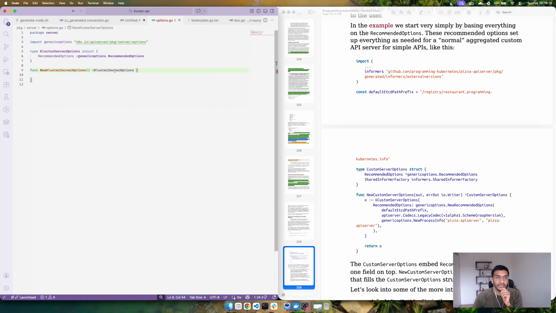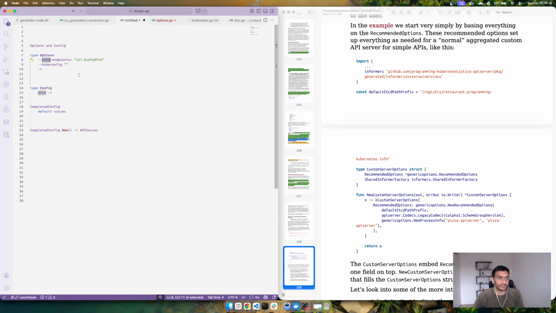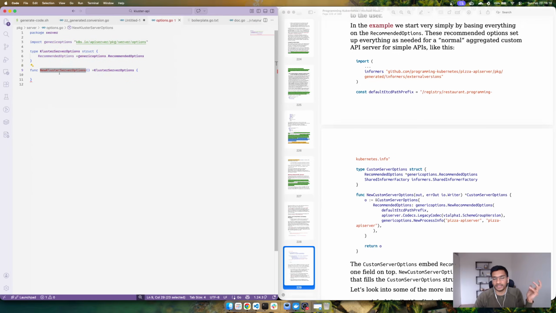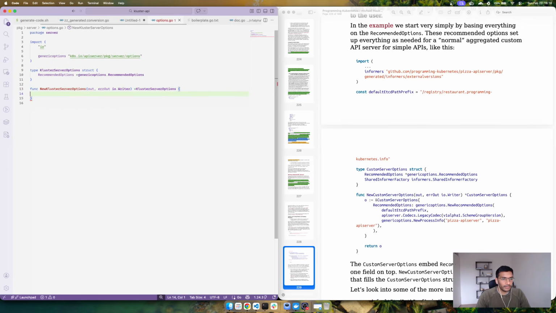Like I said, we need this because from ClusterServerOptions, we are going to create the config, and that is the reason we have this constructor, for the lack of a better word. So out, errOut, and then it's going to be writer, and it returns ClusterServerOptions. And recommended options can easily be initialized using genericoptions.NewRecommendedOptions,